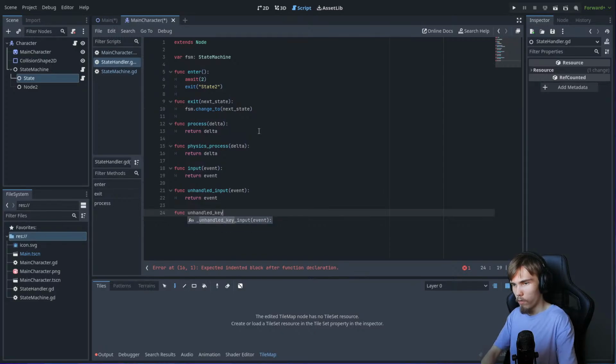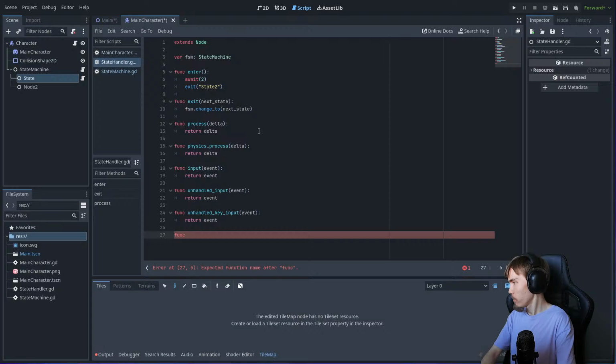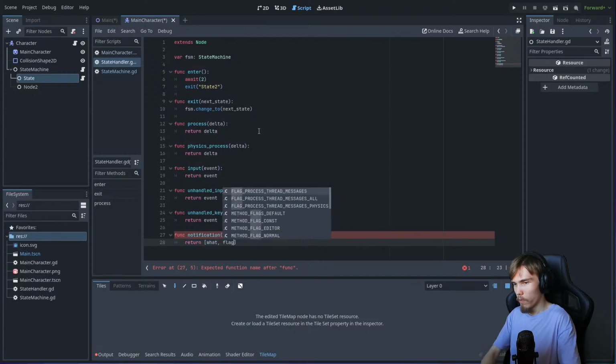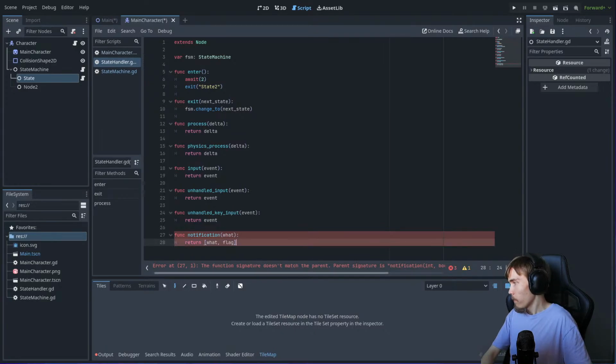Unhandled key input, events, return event. func notification, what, return what flag. Now since these are optional,